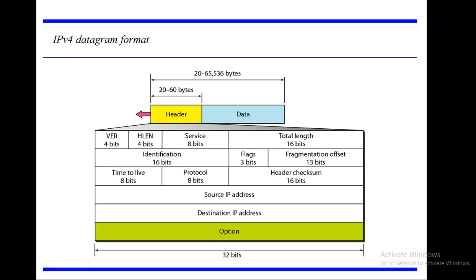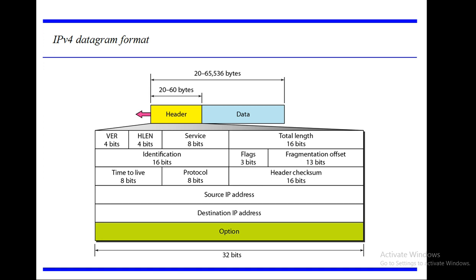Now going back, the next one is header checksum. Header checksum is 16 bits. Header checksum is normally included in the header to know whether any of these fields are changed during the transmission. If they change, then obviously it is a problem. Fragmentation offset may change, flags may change, identification bits may change, version may change, header length may change. If anything changes during the transmission of this datagram, then obviously it has an error.